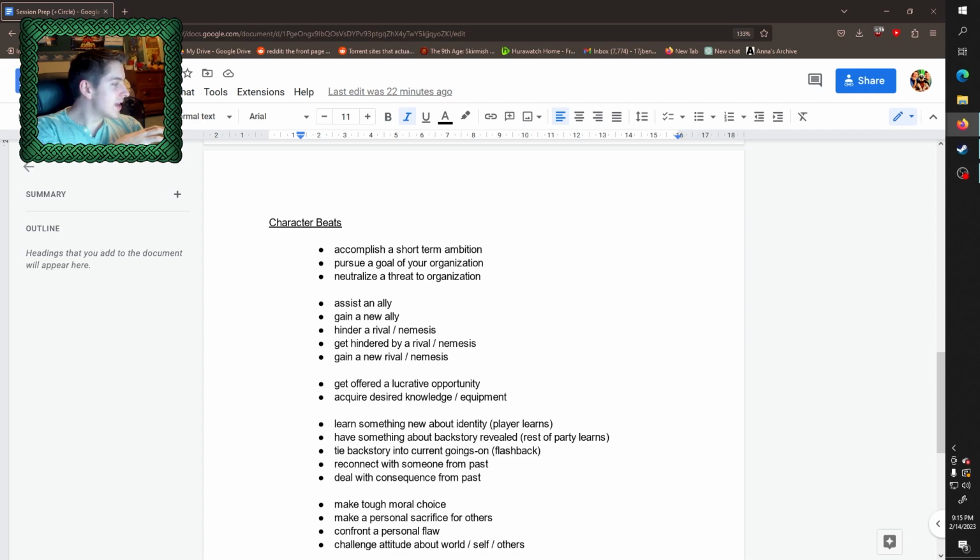If at any point during this session they just decide, screw this, we're not gonna keep pursuing this, we're just gonna run off and start doing another thing, that's honestly not very uncommon. They might just decide not to engage with this, because they're by no means locked to it. If they don't want to go through this, then they don't have to.